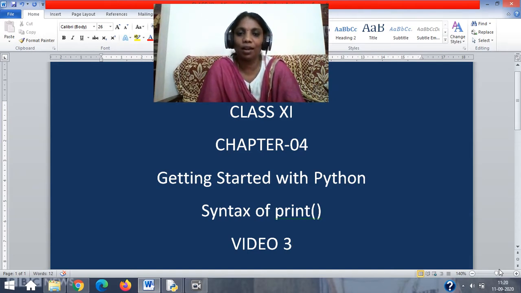So we need to understand now the complete syntax. Syntax means the grammar, the working style of the print function. Even without my saying what print is, you have already understood. It's a command and it's a function. It helps you display what is given in the brackets as it is, depending upon the way you have given it, isn't it?